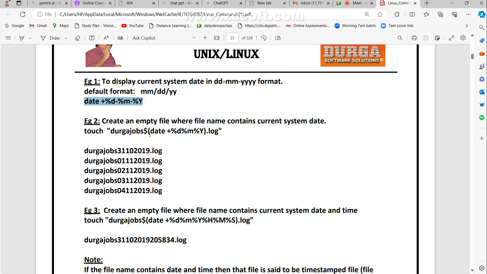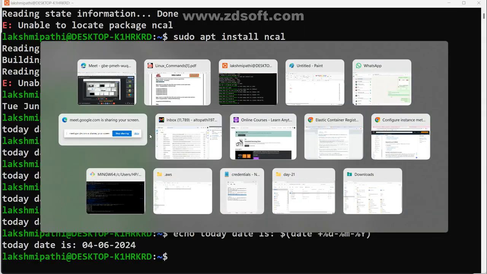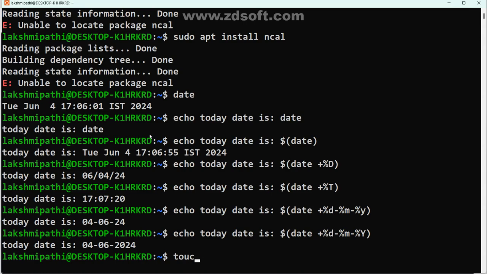Quickly guide me. How can I create a file in this format? Anyone can guide me. See, touch. What do you want to create? A file name. Which file? Maybe a log file, with maybe day extension or hours, minutes, seconds. There, hyphen, or maybe you may give colon, hyphen, dollar sign, there date plus